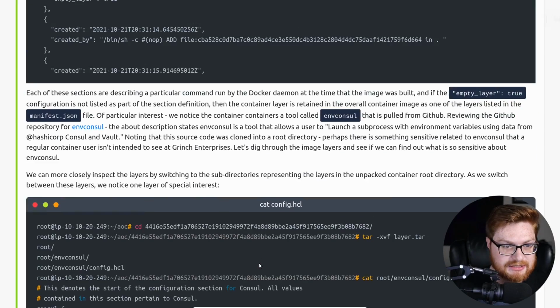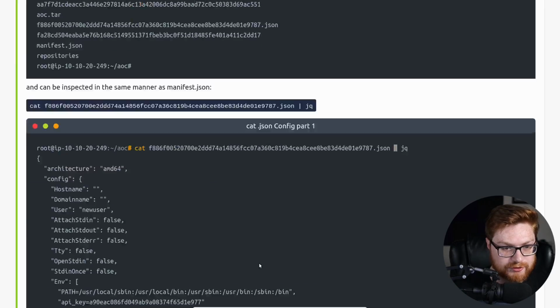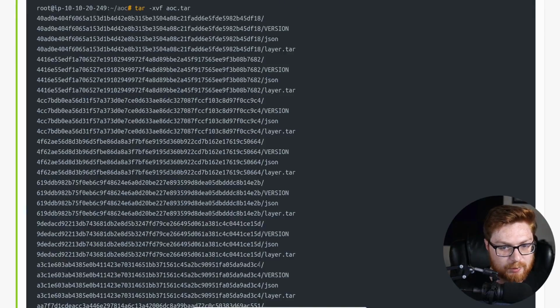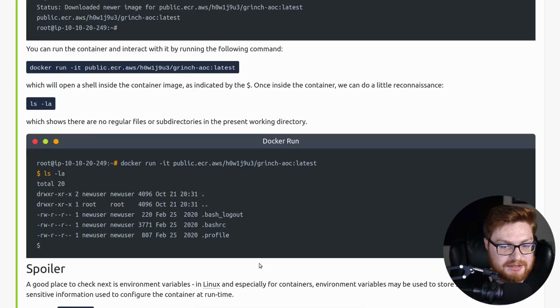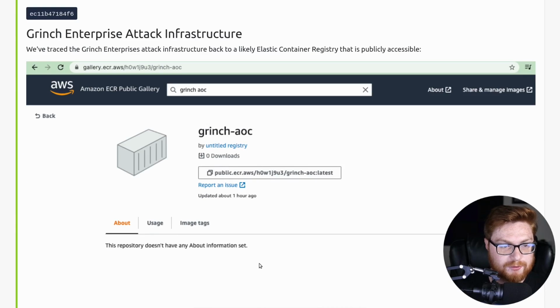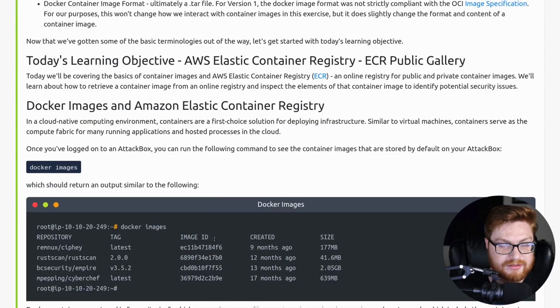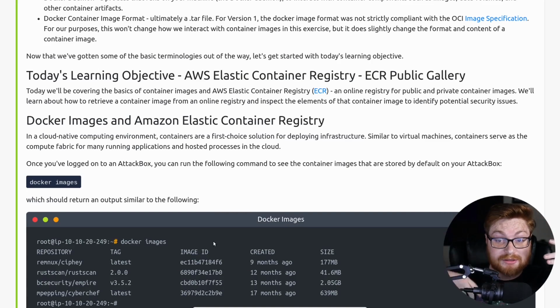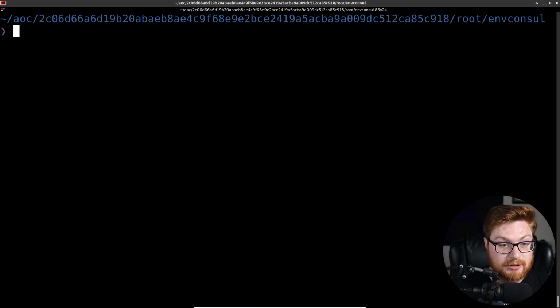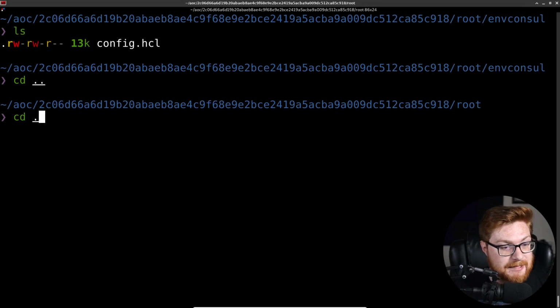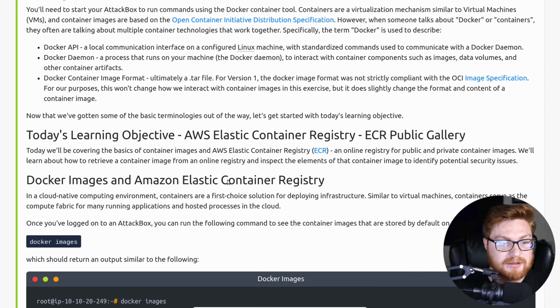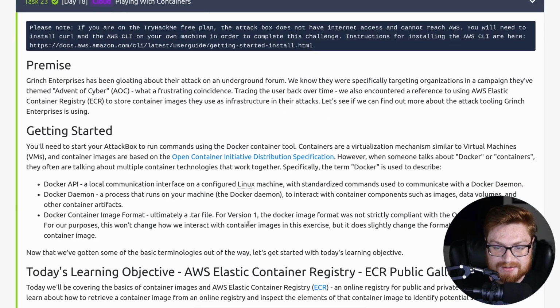I think that was kind of a neat, cool introduction to some things you might be able to do with Docker and really just being able to dig into how these containers are built and how they're saved, even if it's not specific to AWS. We were able to pull down this public repository hosted on AWS, but we could do the very same with any Docker repository. Things that you have locally, things that I have locally, as I could work through as an example on my own box, or maybe just Docker Hub, like the online public official Docker repository. So that's kind of neat.